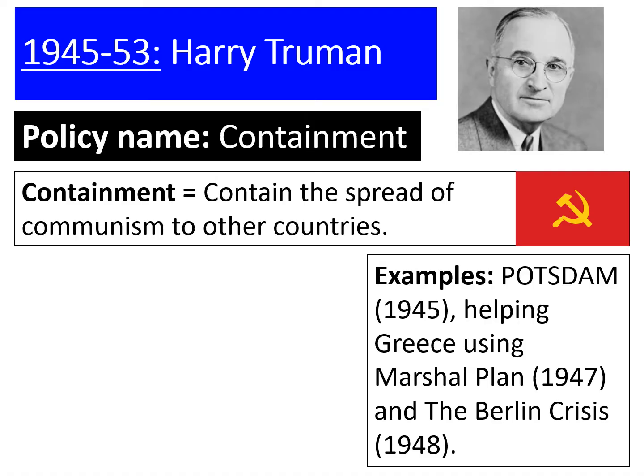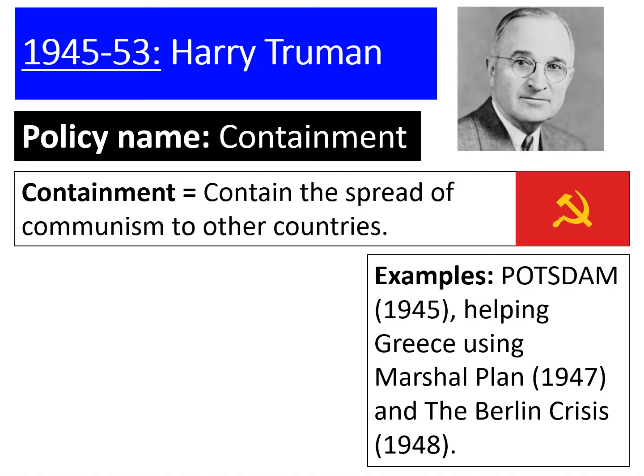Another example of America using the policy of containment is when they helped Greece out in 1947. Greece was going through various difficulties after World War II, and usually the UK was giving them money and aid, but because the UK were going through difficulties after World War II because of the Blitz and being at war for 6 years, they were not able to help Greece. So America got involved because they believed that if Greece was under hardship, that makes communism a more attractive ideology to follow. So they didn't want Greece to be in that position.